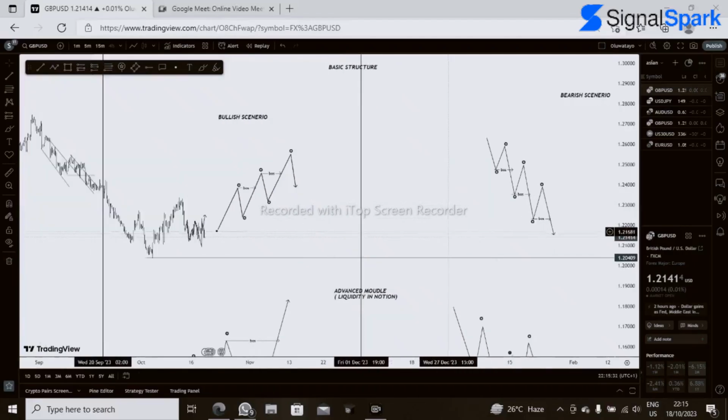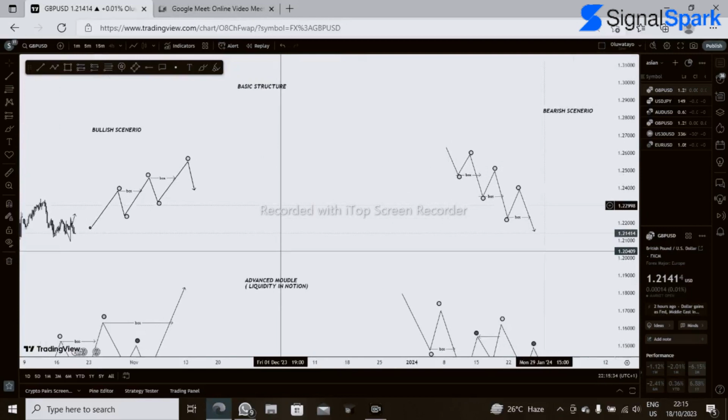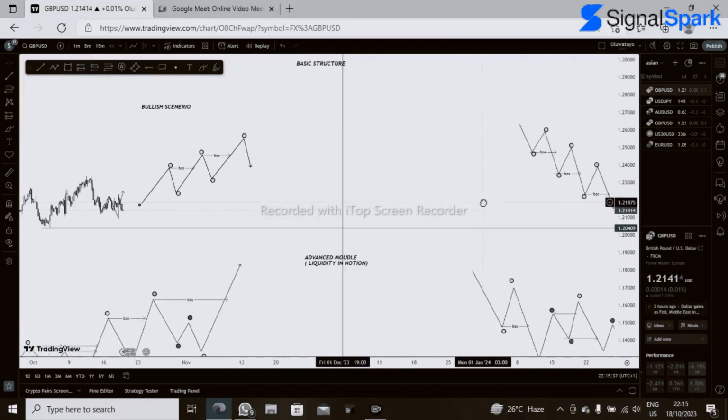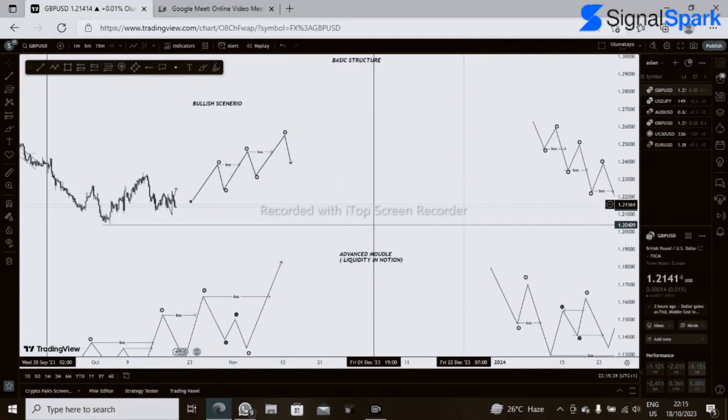So good evening, guys. Well, now we are on market structure, and in today's video we'll be teaching how to correctly identify and how to correctly mark out market structure. Now this is an area, an aspect in the market whereby a lot of traders do have problems identifying structures. The key thing I want you all to put in mind is market structure